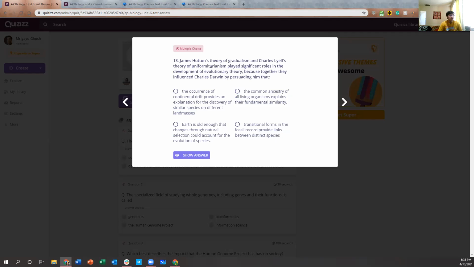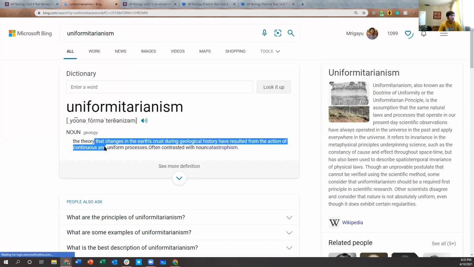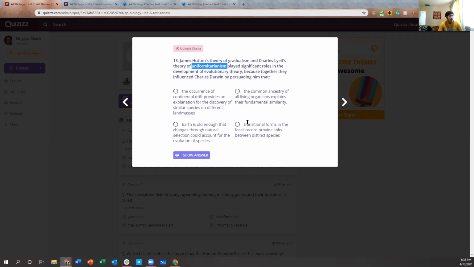Uniformitarianism, probably, let's search that up. No need to guess. Let's just search it up. Uniformitarianism has to do with changes in the Earth's crust during geological history having resulted from the action of continuous and uniform processes. Okay, well, that would be transitional forms in the fossil record because it's a continuous form rather than